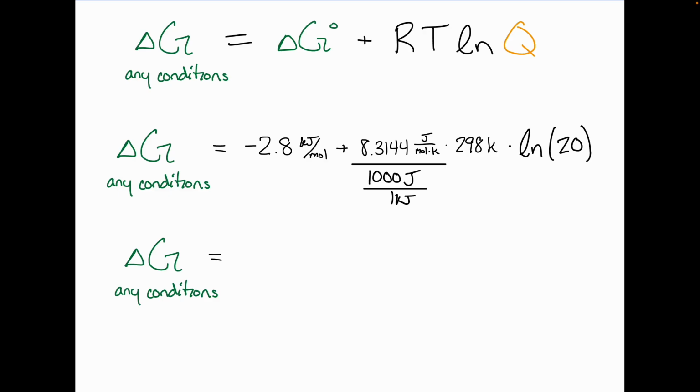Cool. All right, we punch all this into our calculator. We get a value of 4.6 kilojoules per mole. So under these conditions, is this reaction spontaneous or non-spontaneous? Now it's not going to happen anymore, right? My reactants have decreased too much. This reaction will be non-spontaneous,